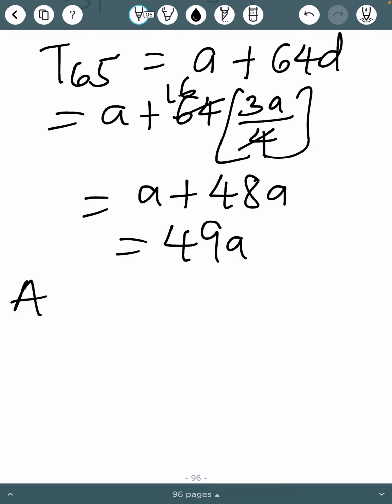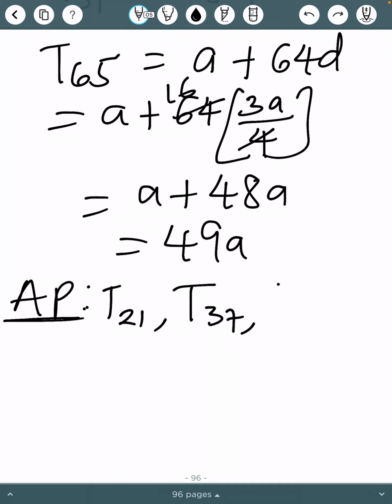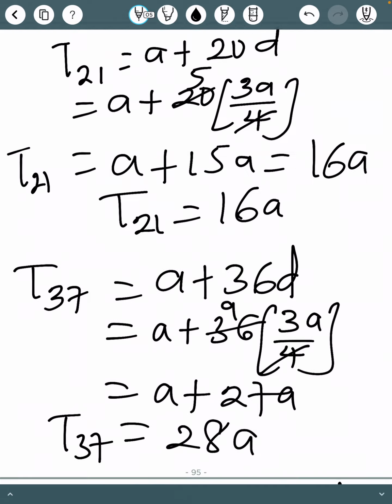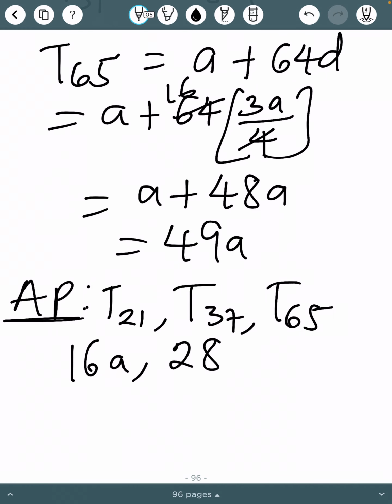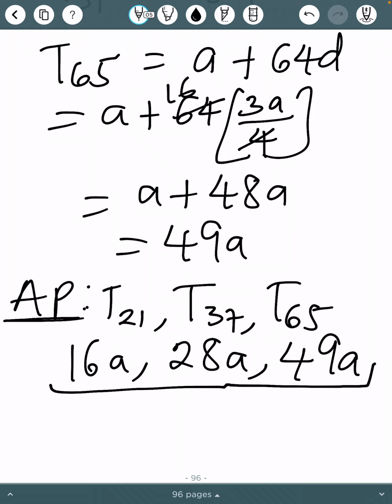So that means my AP's 21st, 37th, and 65th terms are 16a, 28a, and 49a. So now let's look at this very well, how they form a GP of common ratio